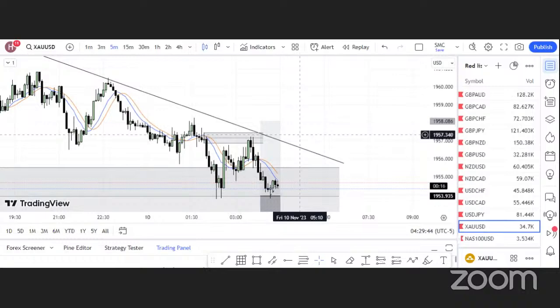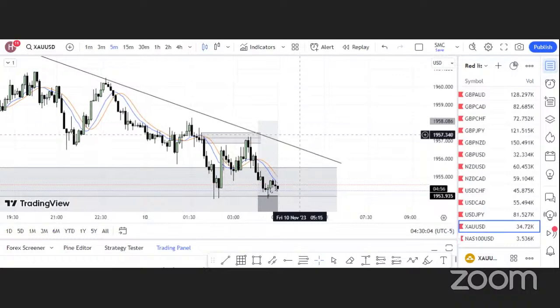We are still holding. So if by the end of this candle we don't see any major movement, we're just gonna close the trade. Okay, but at least we didn't lose the trade. But I don't like a sluggish trade. A trade that won't decide where it's gonna be heading to.